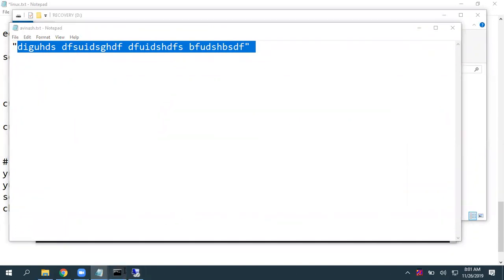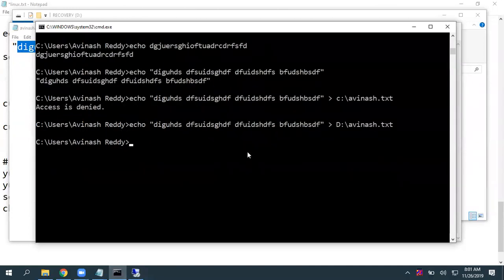Now I'm going to write one simple HTML. So what I'm going to do is echo header 1, this is a simple website. Then I'm going to write this under D drive, creating a file called index.html.